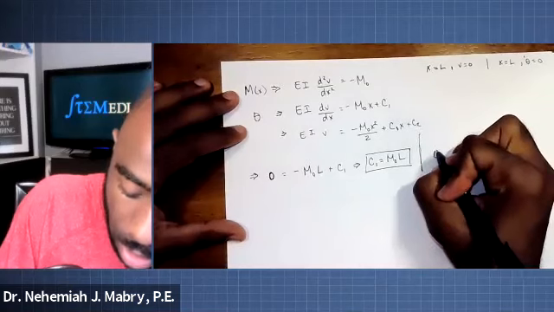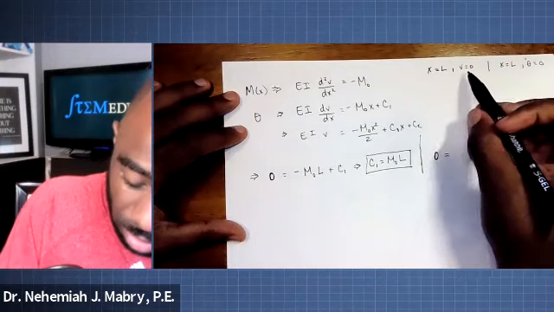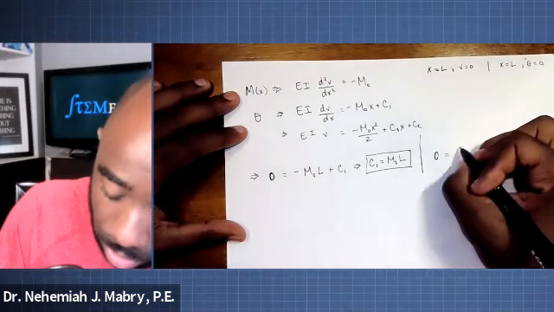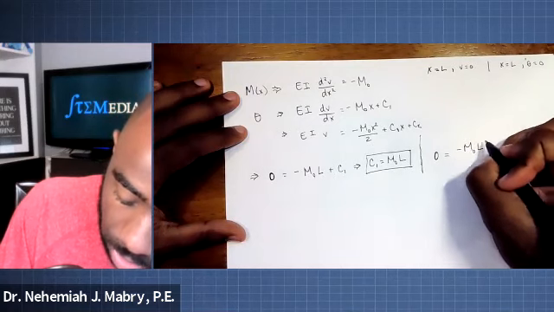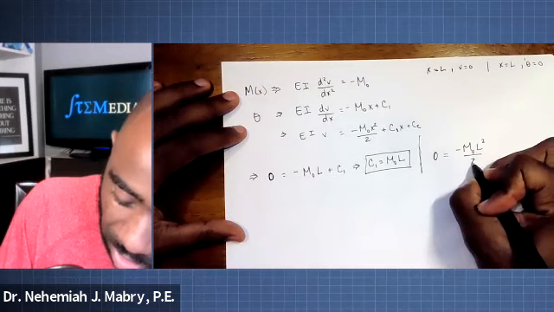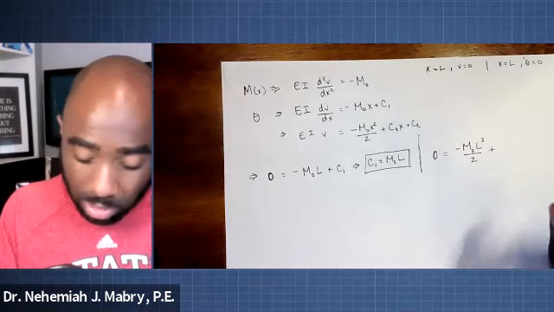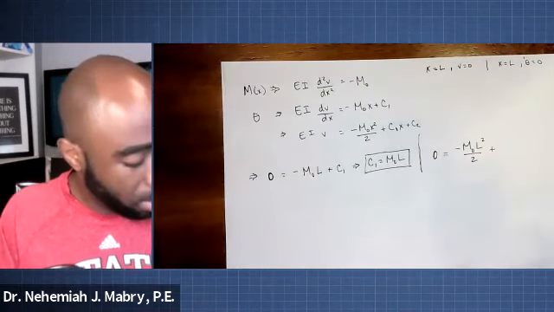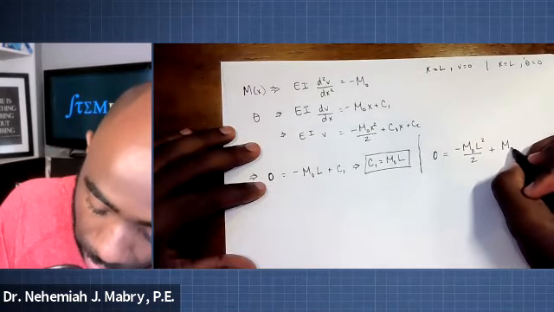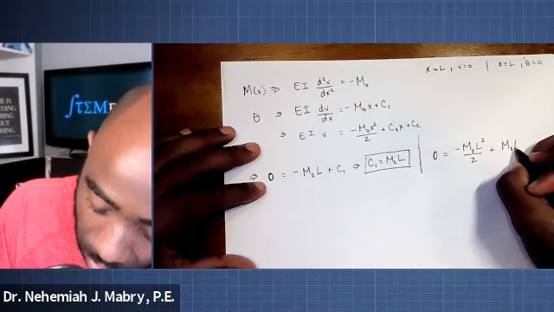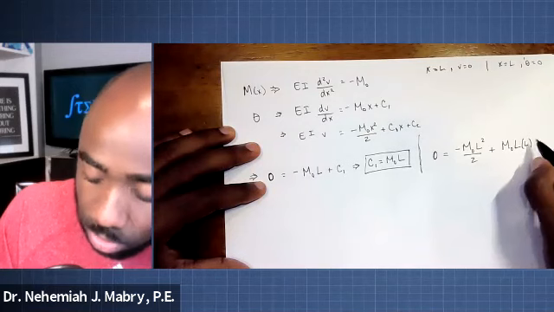We can say 0 is equal to, down here, set that equal to 0, when x is equal to L, M sub naught L squared over 2 plus, now what can we do in this case? We don't necessarily need to write C1. We can go ahead and just write what we know C1 to be, M sub naught L. And instead of writing that x, we're just going to also write another L, which is really L squared